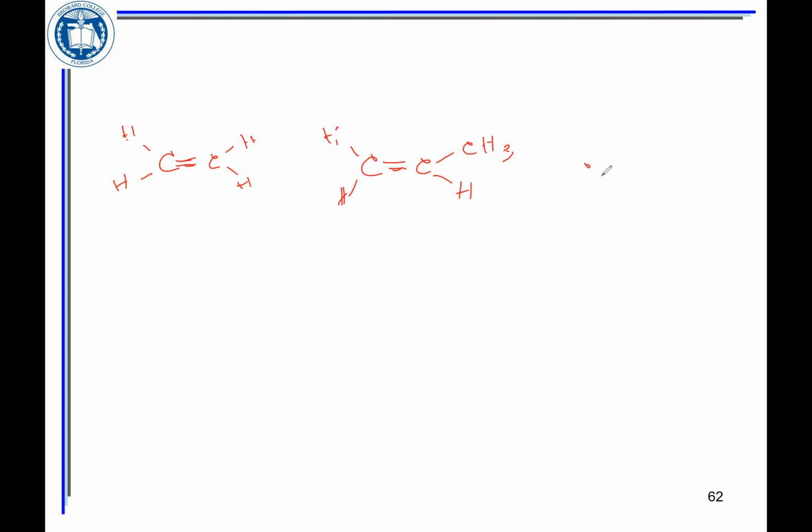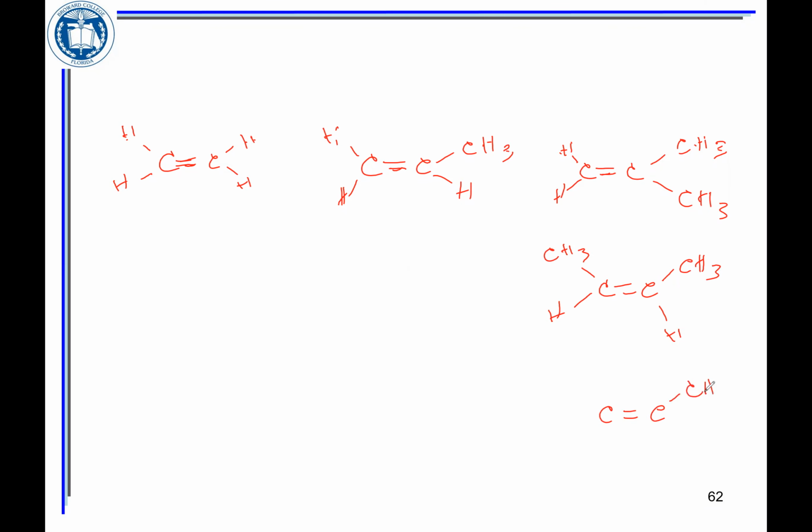You could have 2 alkyl groups attached. And for the 2 alkyl groups attached, you could have both CH3s attached to 1 carbon, and then hydrogens attached to the other carbon. You could have 1 alkyl group attached to 1 carbon and the other alkyl group to the other carbon, but you still have 2 hydrogens. You could have the same connection, but different arrangement, and that would be a trans structure. So all 3 of them are called like a 2R